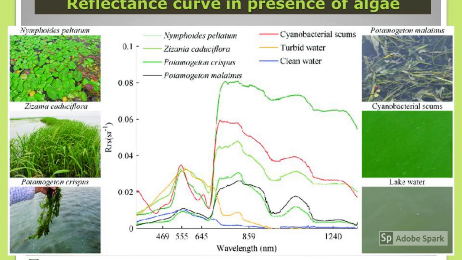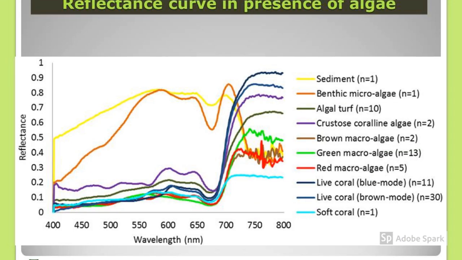The presence of algae in water affects the spectral response of the water. The chlorophyll contents of algae increase the reflectance of the water body in the green band, as shown in the figure below, and reduce the reflectance in the red and blue bands. Therefore, water looks green. Figure 13, reflectance in green band due to the presence of algae in water body.